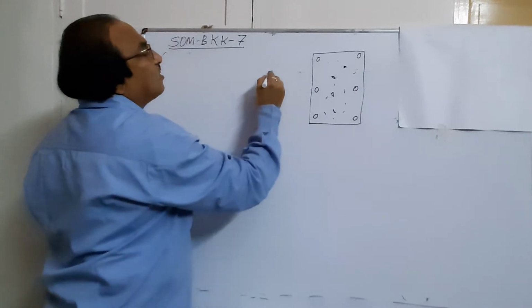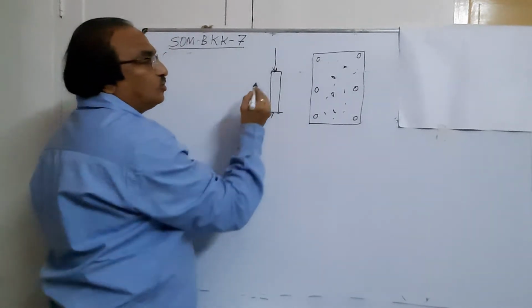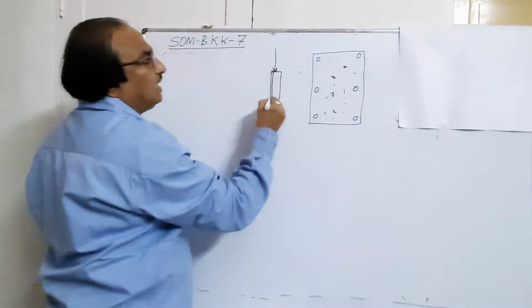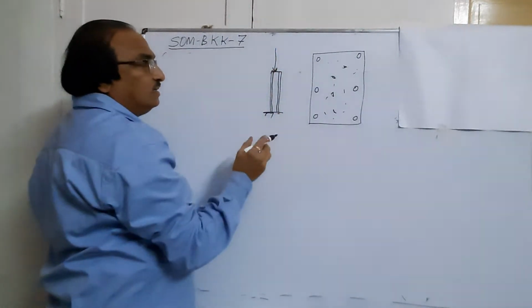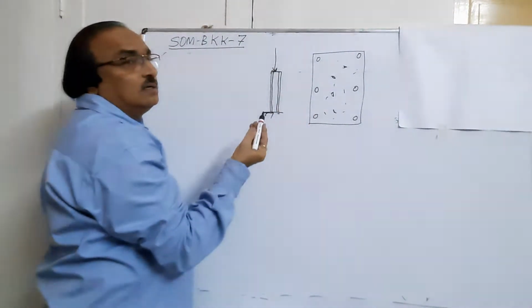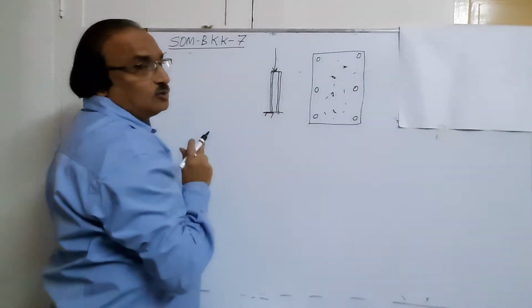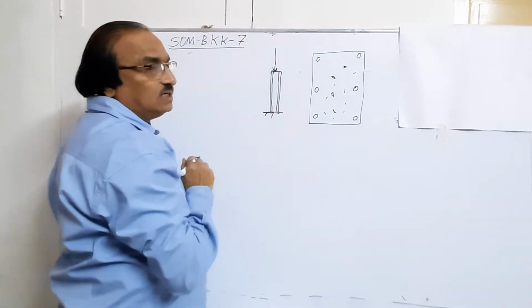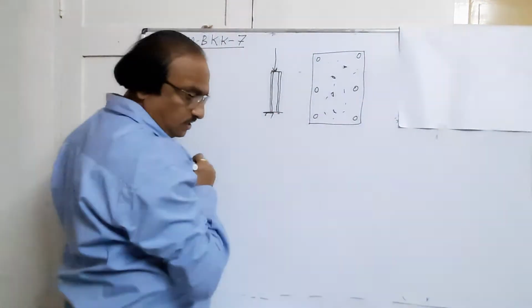So if it is a column, it will be taking load. So you find there are two materials, one is steel, the other one is concrete. So whatever load is coming, some load is taken by the steel rod and some load is taken by the concrete, but both are of same length. So you will have to use the two conditions what we have seen. How much is the stress in the steel and how much is the stress in the concrete.